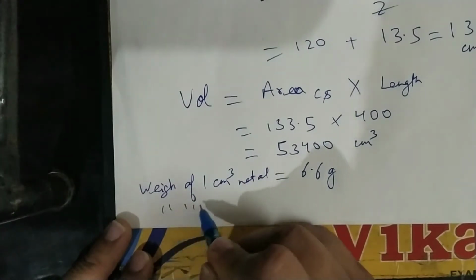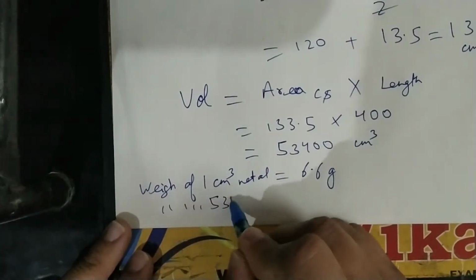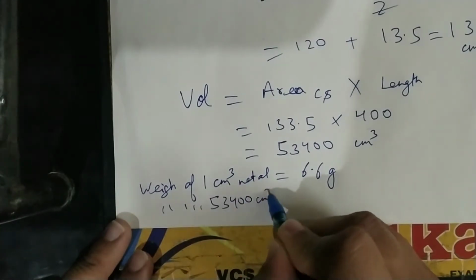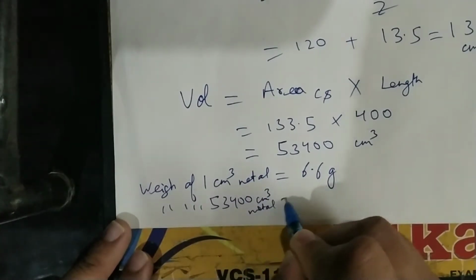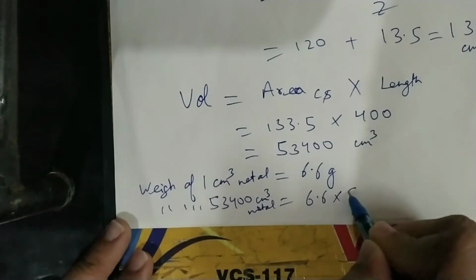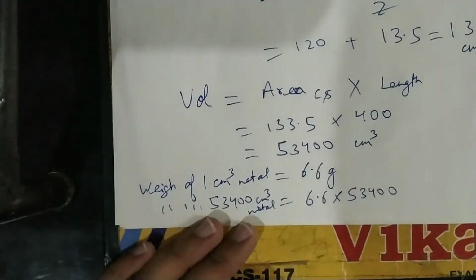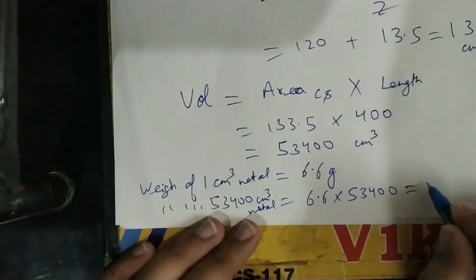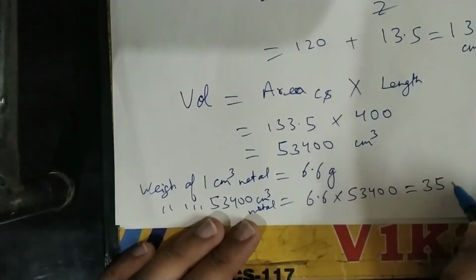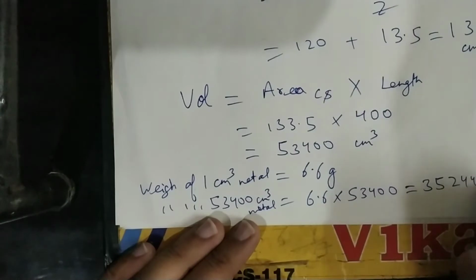So weight of 53,400 centimeter cube metal is equal to 6.6 into 53,400, which is equal to 352440